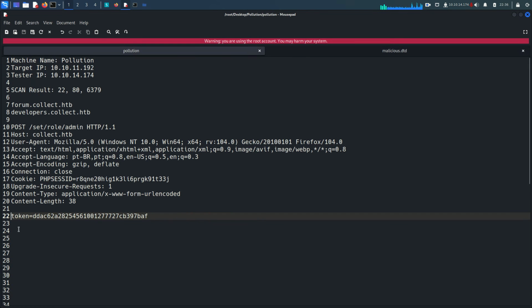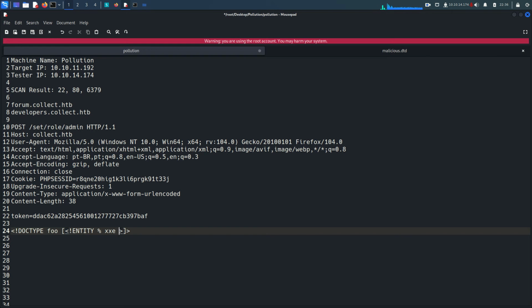Let's do one more thing. What I need to pass is this. Here I'm gonna say DOCTYPE, and doctype let's say foo. Here I'm gonna say ENTITY is going to be %xxe, or anything you want, you can put it here. Okay, then again SYSTEM, and with the system I'm going to mention here